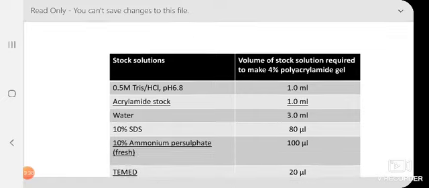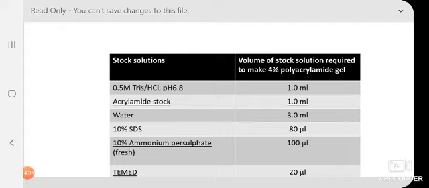Now see the stacking gel composition. Definitely polyacrylamide gel, that means acrylamide, bisacrylamide, APS and TEMED should be there. Water is there. It also has Tris-HCl, but the pH is 6.8, 2 units less. I repeat, Tris-HCl, pH 6.8, you need to remember. And what is the percentage of stacking gel? It is a 4% polyacrylamide gel. Remember, in certain books you may find 3.5 also. It is generally 4%. So the top part is a 4% acrylamide gel.